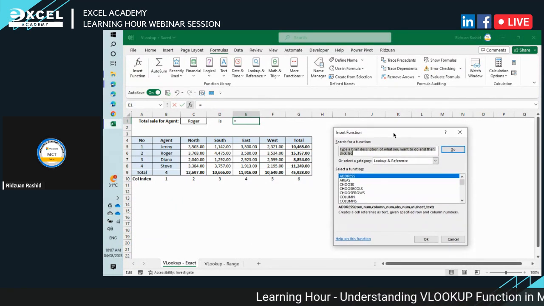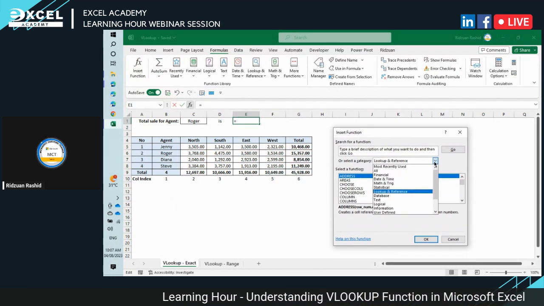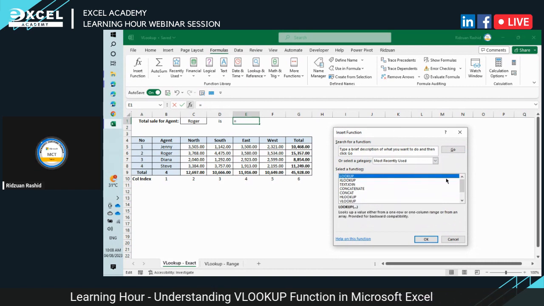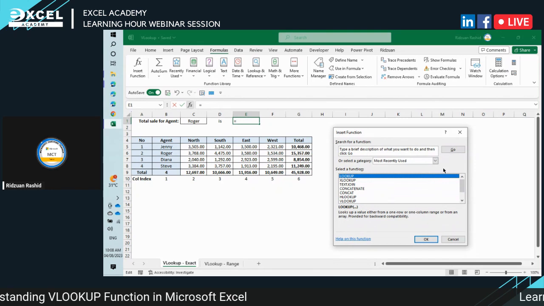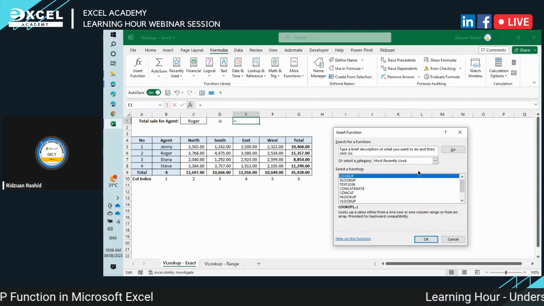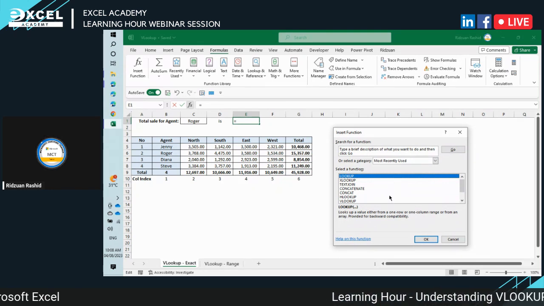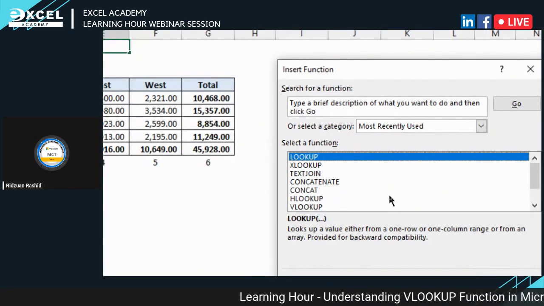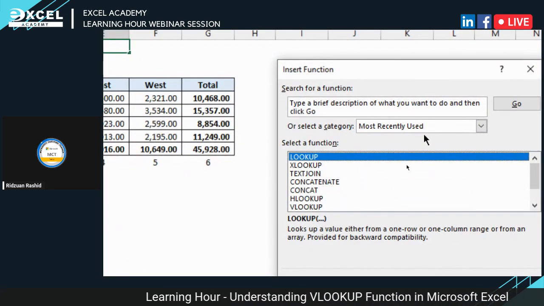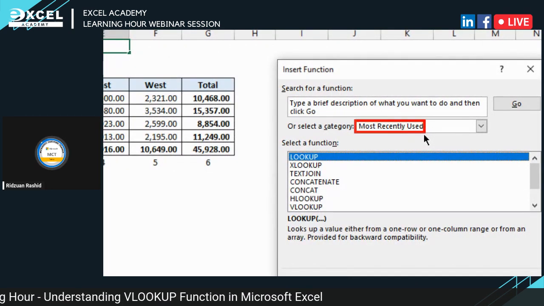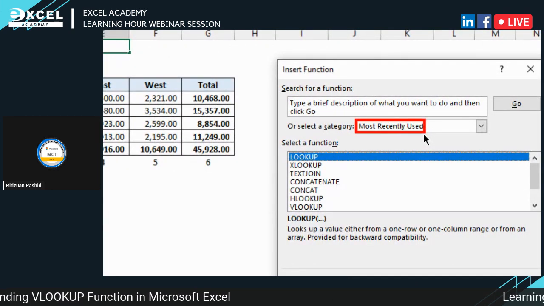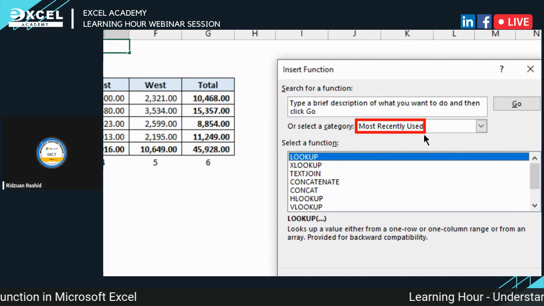All right. So if you're not so sure which category you are currently looking into, you have to look into it, right? First, you can see that if you have already recently used the formula function, it should show under the recently used category, yeah? Okay, by default, when you open this insert function dialog box, you will always get this most recently used category,